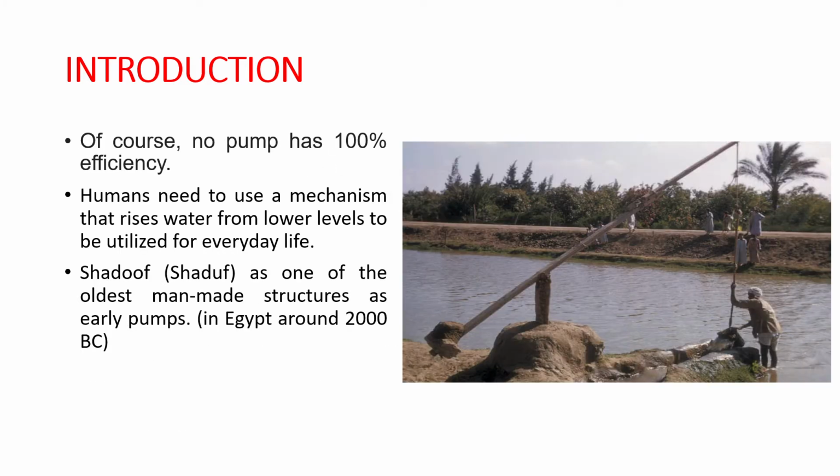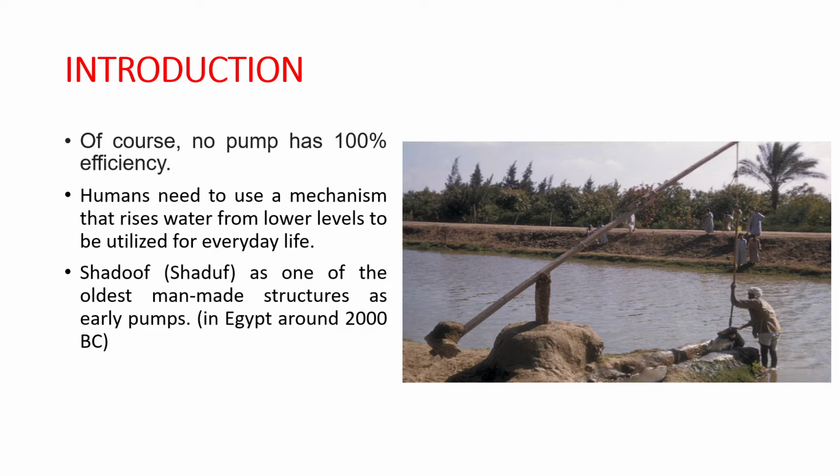The important point about the pump is that this machine is not a means of converting the form of energy, but directs the energy in a predetermined direction. Of course, no pump has 100% efficiency because a portion of the energy is lost due to vibrations, noise, and heat, etc. Water naturally flows downwards due to gravity, so humans need to use a mechanism that raises water from